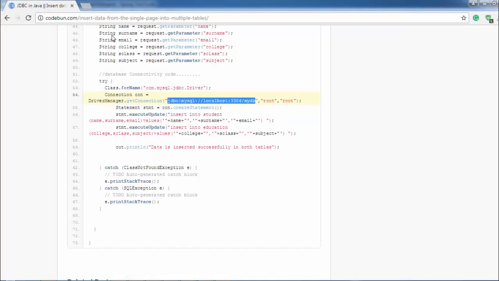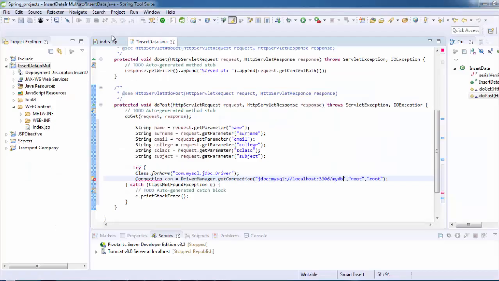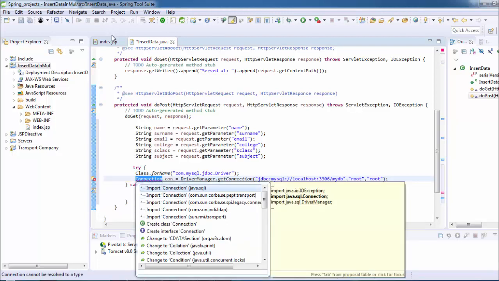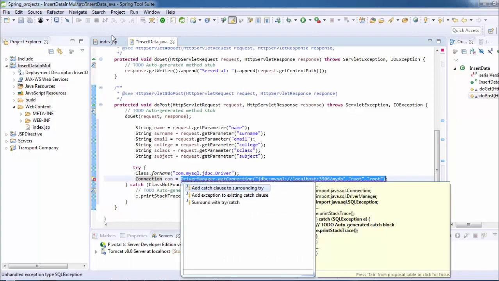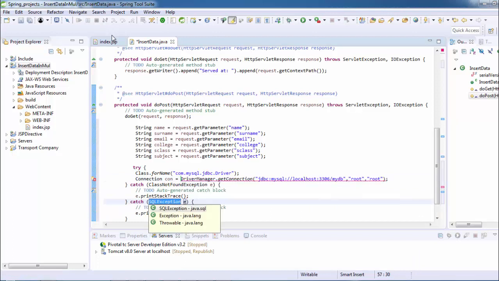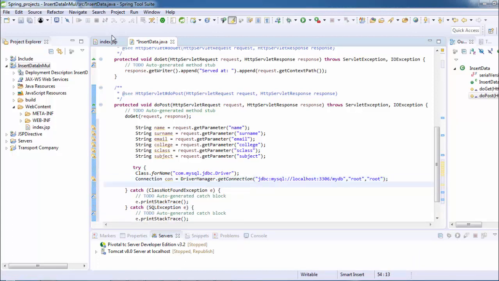The URL also depends on which database you are going to use, and this is my database name. So I need to import that Connection class. Remember the package java.sql, and I need to add a catch block here. So add a catch block also, and finally create a statement: Statement stmt = con.createStatement, and then